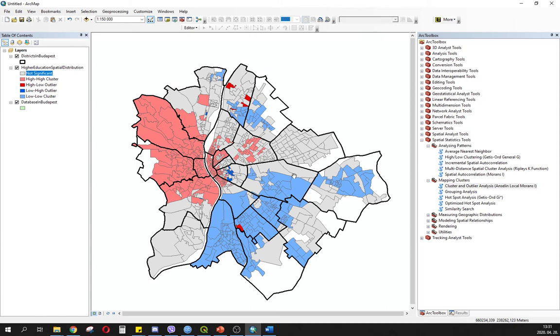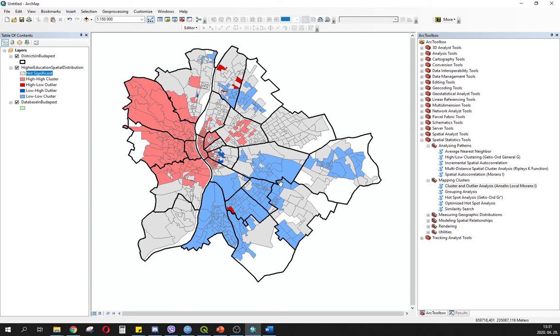So with these two we can show the clustering territories, the high values clustering and the low values clustering territories in any kind of